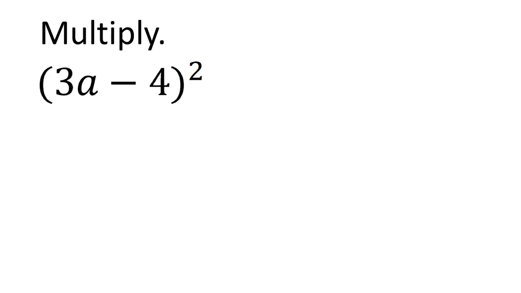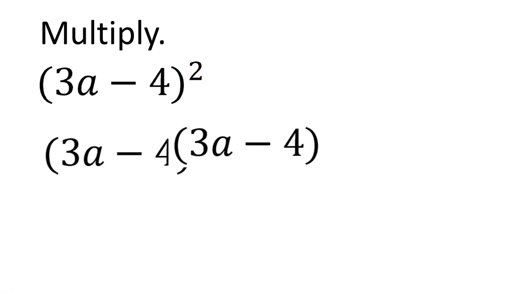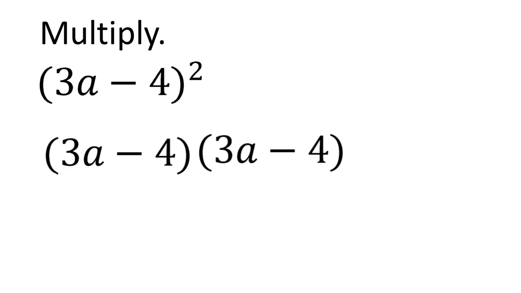For a problem like this one, multiply, and we are multiplying a binomial. So we've got 3a minus 4 to the power of 2. To the power of 2 means it's repeated multiplication. So we're going to take this and show it multiplied by itself this way, and then we can use distribution in order to, well, I guess it wouldn't simplify it necessarily, but it's going to make it a lot easier